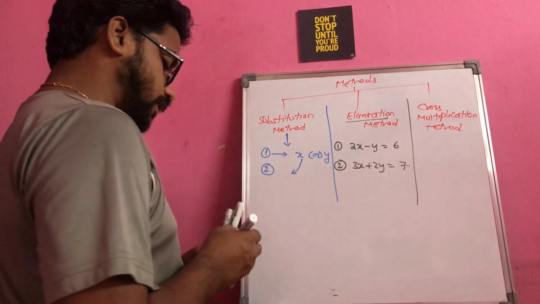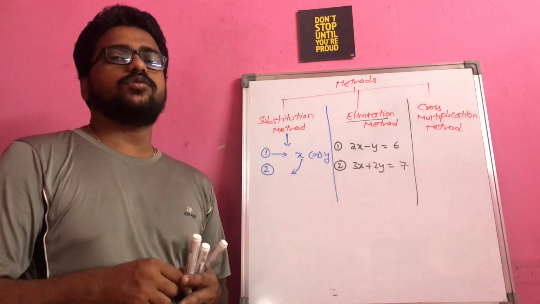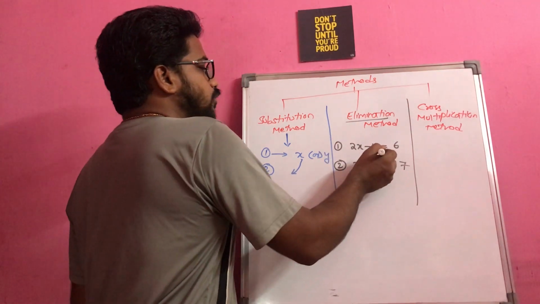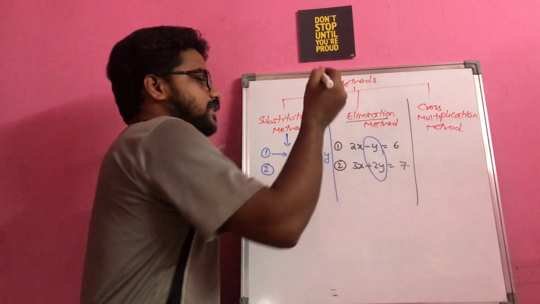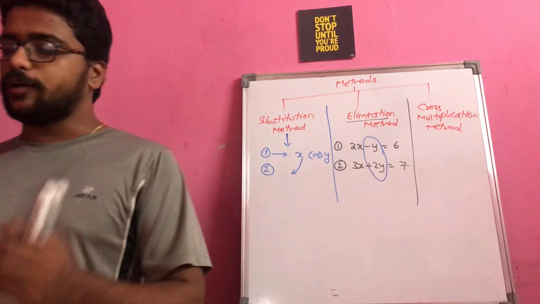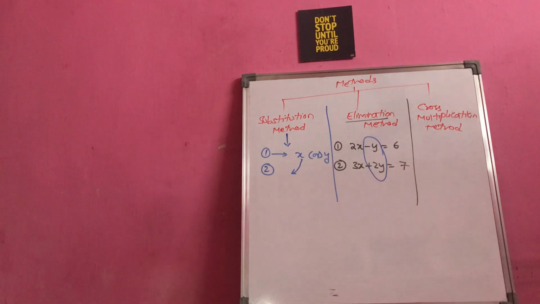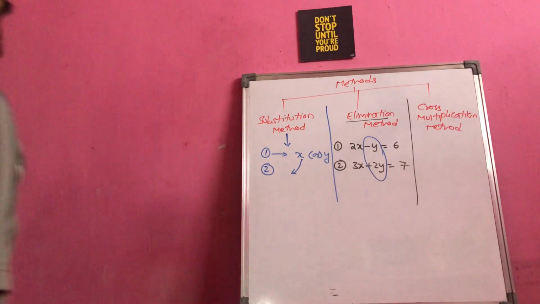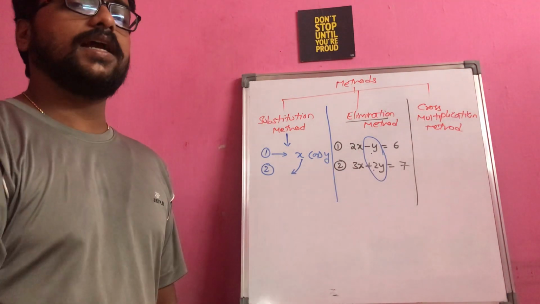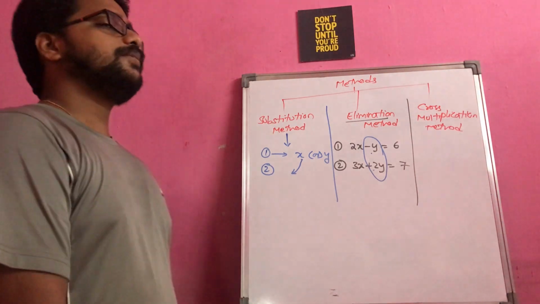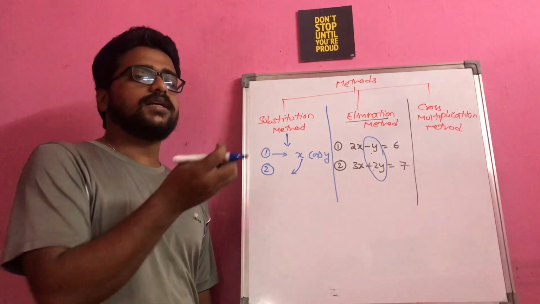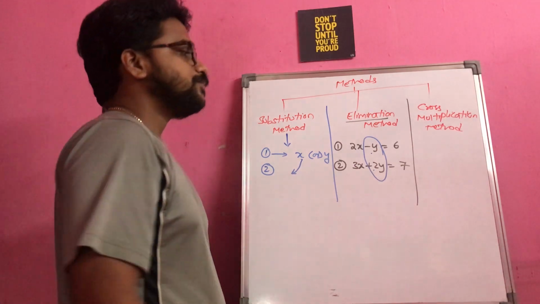So observe here, first you have to notice which variable has to be eliminated. Simple thing here, you just have to look for the variables that are of opposite sign. Why do you look for opposite signs? Because if you make them the same constant, as they already have opposite signs, when you add, that variable will get eliminated completely. Eliminated in the sense that the variable's coefficient will become 0, hence the variable won't exist in the simplification.